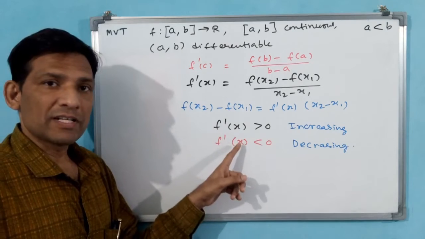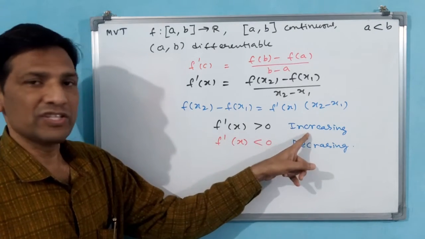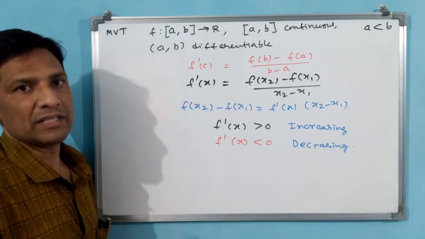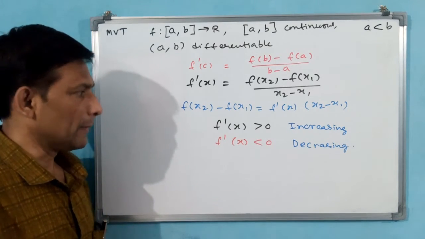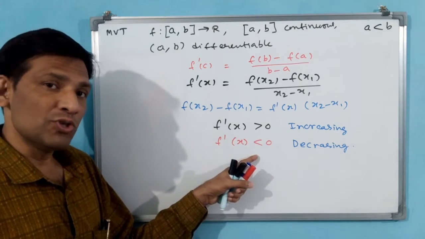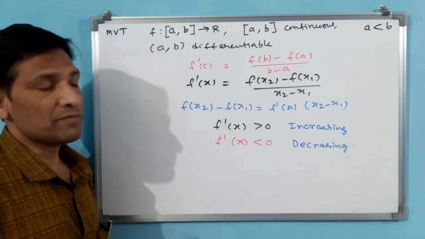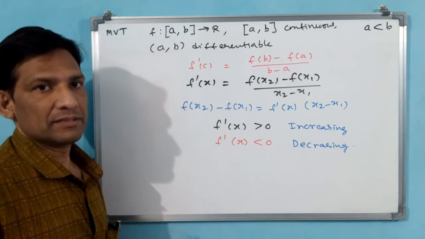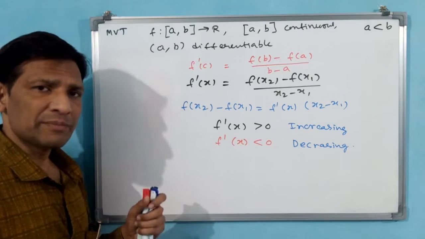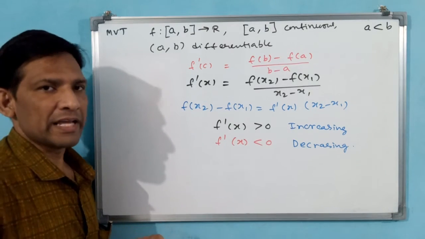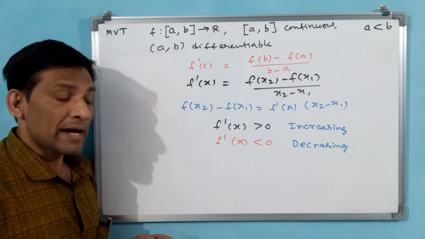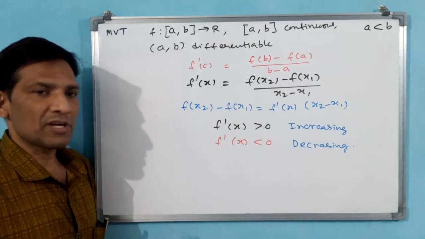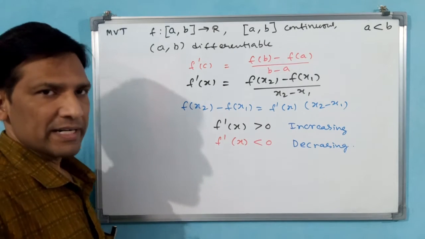Okay, but finally what we have understood in this concept, derivation: if derivation of a function is greater than 0, the function is increasing function. Derivation of a function is less than 0, the function is decreasing function. Like that we can say. Derivation equal to 0, if you can make, you can find interval also. If they don't give interval, derivation you can make equal to 0 and you can find intervals. Okay. See, these all concepts by examples we can understand more clearly. Another 2 or 3 examples we will take. Then we will stop this class. Next class we will start exercise. Then more elaborately we can understand all these concepts.